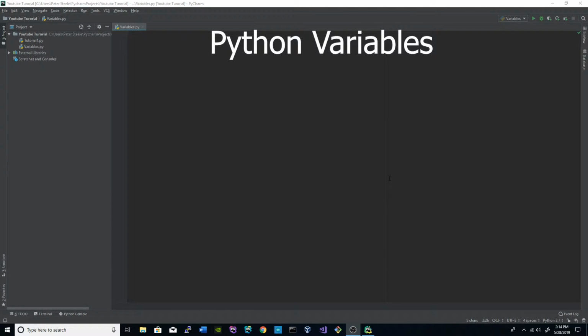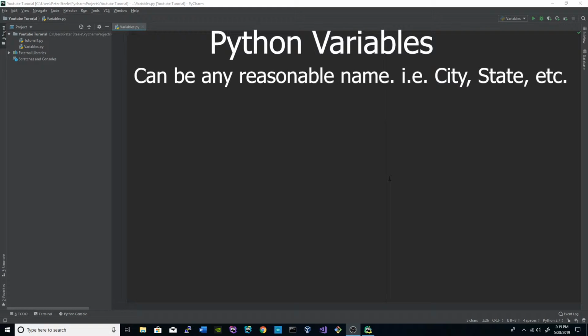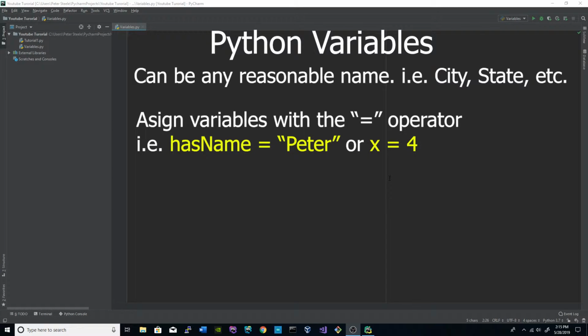variables. So variables are a very fundamental part of programming. Essentially what they are, it's a named variable that you use, so it could be anything. It could be name, city, state, it could be whatever you want it to be, and you assign it to equal to some kind of content or value. For instance, it can be a string, it can be a boolean, it can be integers, it can be a